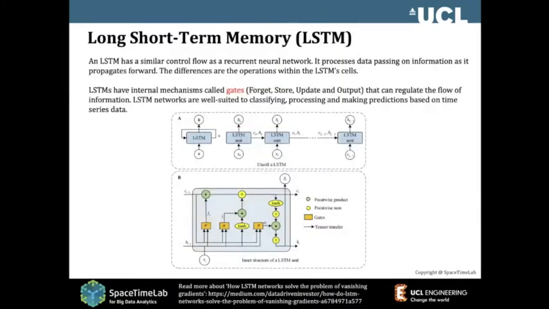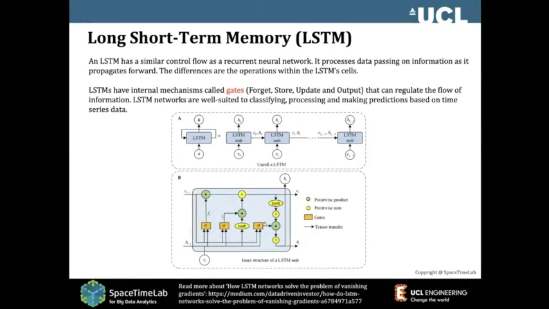Okay, so when we talk about deep learning, there are a few models. The typical models start from the simple ones, the artificial neural network, and later on they have the recurrent neural network. Recurrent means a feeding back strategy. And then later on, they have the long short-term memory. That's the one everyone talks about. So what is it? Basically, it has some internal mechanism called gates. Those gates are very powerful.